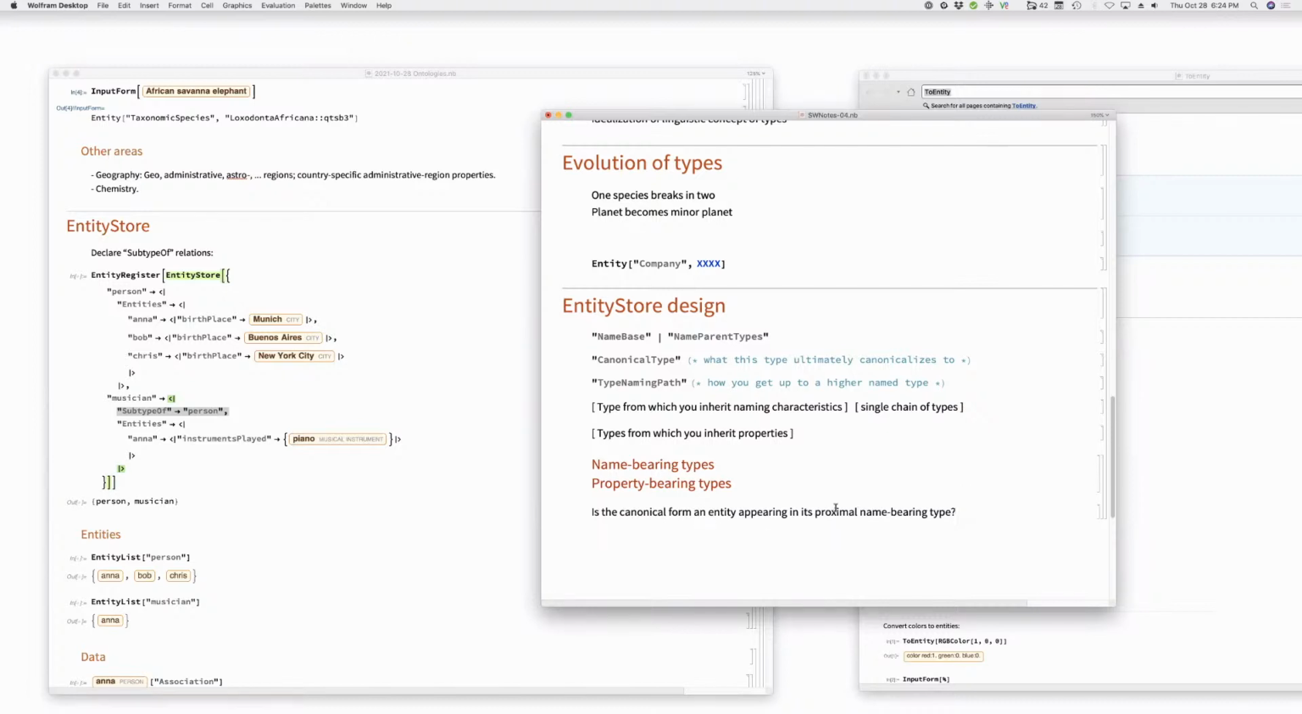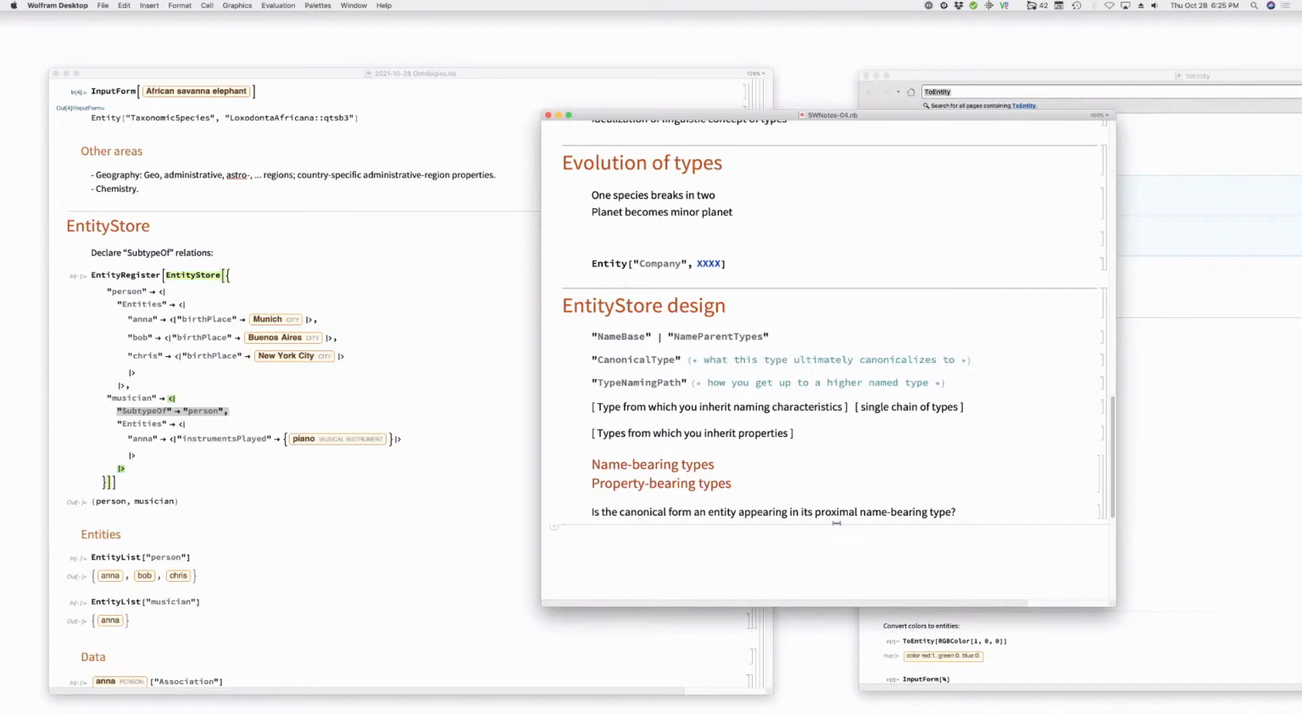So I feel like it's a nearly irrelevant question. It's like, what's the canonical form of a time series? Typically, all right, fine. Shouldn't look inside. All right, okay, fine. But then the question is, can Anna, as she does here, appear in two, I mean, is musician a name-bearing type? No. Okay, fine. All right, so person,